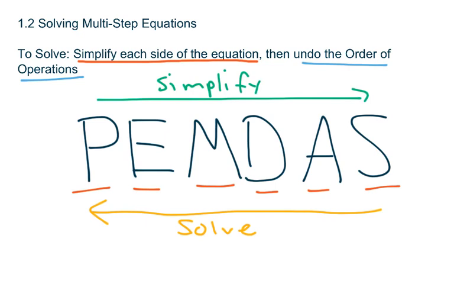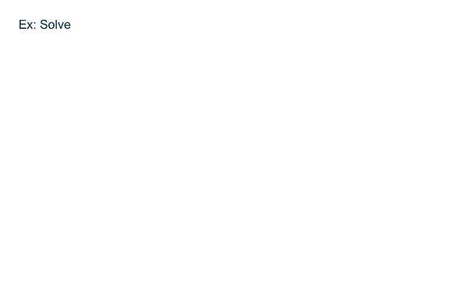The first thing we're going to undo is the adding and subtracting. Then we move to multiplying and dividing, then any exponents, then any parentheses. Okay, so for solving, we're actually going to work from right to left in Please Excuse My Dear Aunt Sally. We're going to undo adding, subtracting, then multiplying and dividing, then any exponents and parentheses. Okay, so let's just jump right in. Number one,